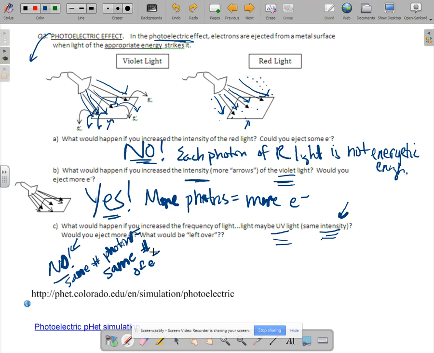But what would be left over? What they're getting at is that if you're using a more energetic photon, you're going to be able to eject the electron, but it's kind of like bursting a bubble. You're going to use what energy you need to eject the electron, but what do you do with the extra energy? I like to say that that's just going to propel the electron off with more vigor or more enthusiasm, or how that really translates is that that electron will be ejected with more kinetic energy, with more speed. Okay, and in class we went into a little more depth, and that could be measured with